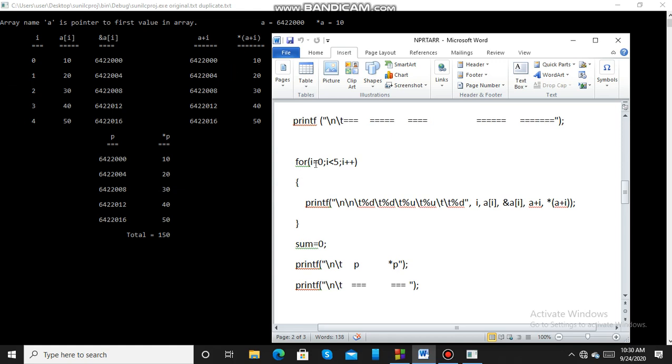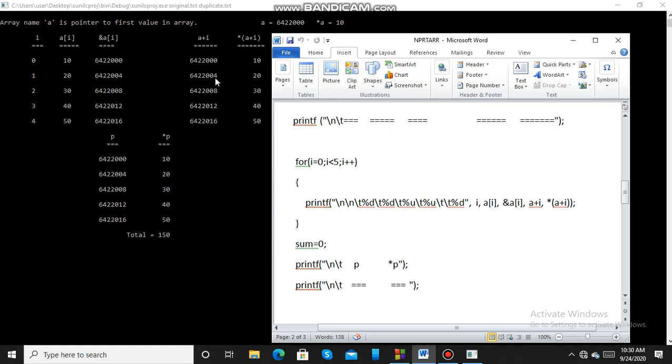Then in this for loop I will go to the next value, that is I becomes 1. A of I means A of 1, the value is 20. The address is incremented by 4 bytes. The next address is after 4 bytes, that is 6422004. The same address that I am getting printed by using the array name A plus 1.